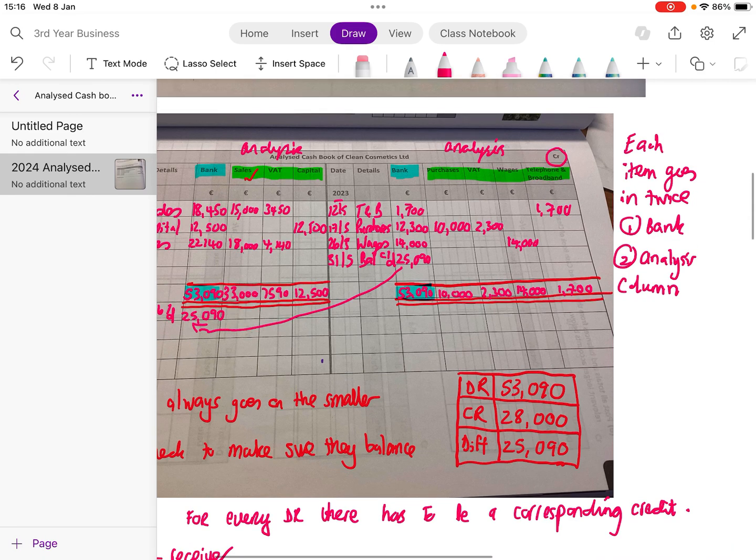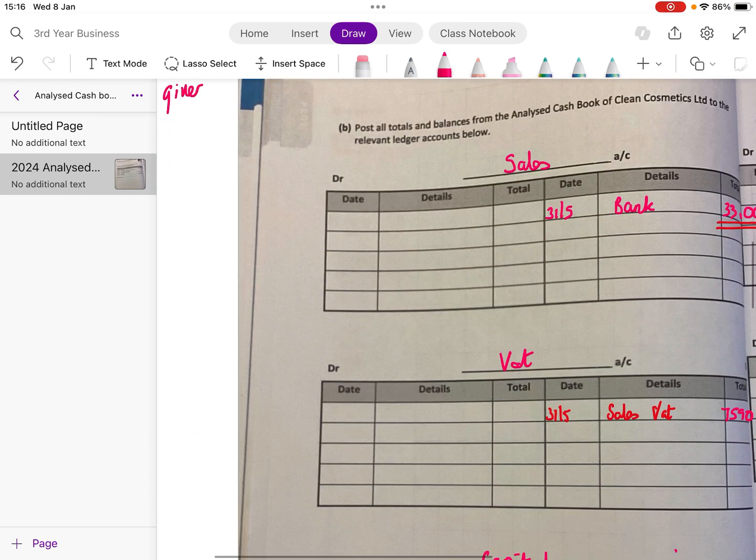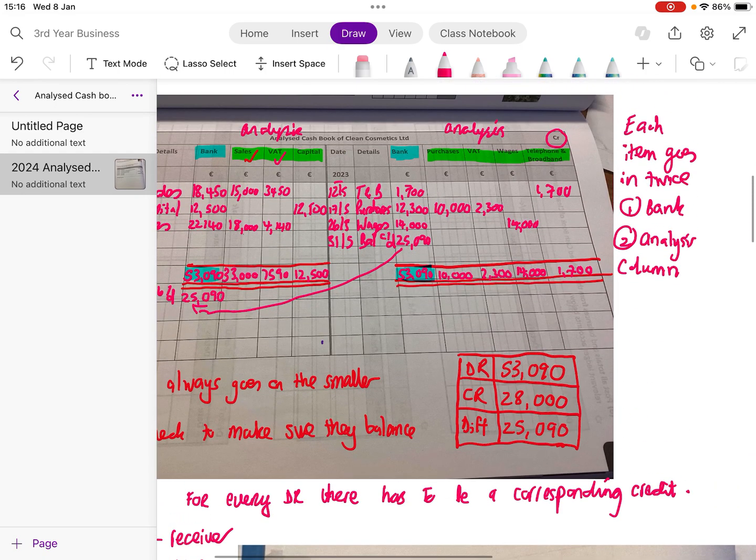Now, that's that one done. But I know I actually have another VAT account, so I'm actually going to do the same. I'm going to do my other VAT account at the same time. So on the 31st of the 5th, I had purchases VAT. My purchases VAT up here, girls, is on